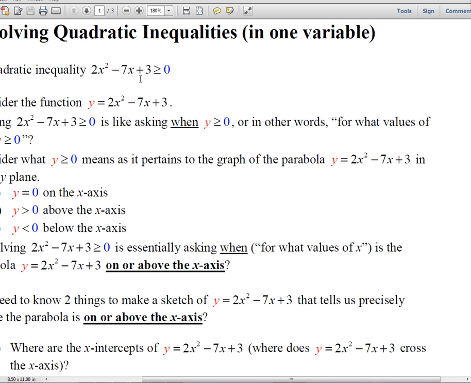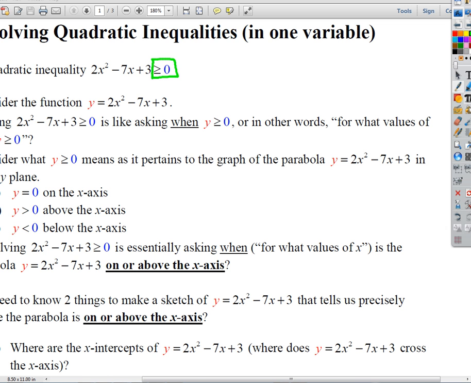So the part we're focusing on is the part I'm interested in. That tells me the part of the parabola that we're interested in. Of whatever this parabola is that we're going to sketch, we want the parts of that parabola that are on or above the x-axis, because we want when it's greater than or equal to 0, right? So going down to our sketch,